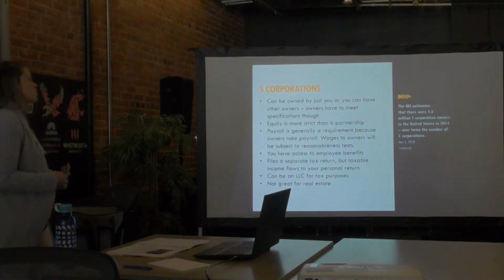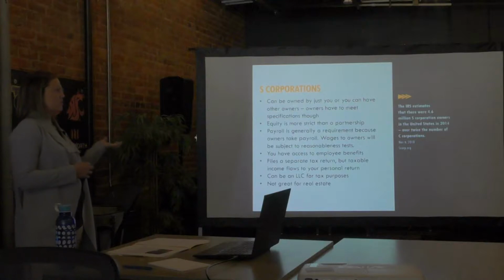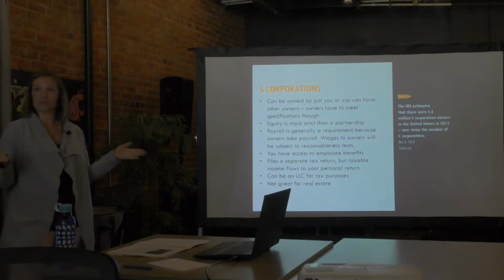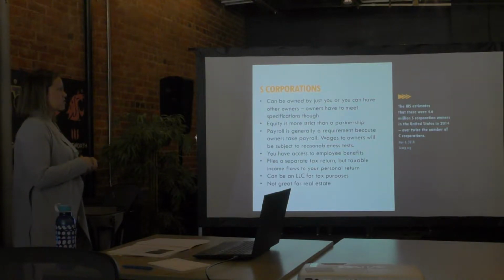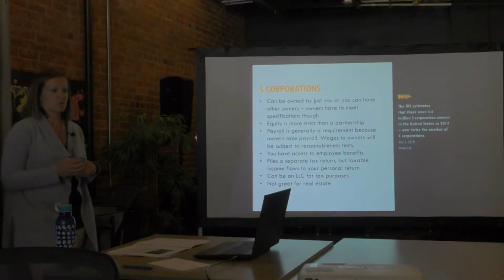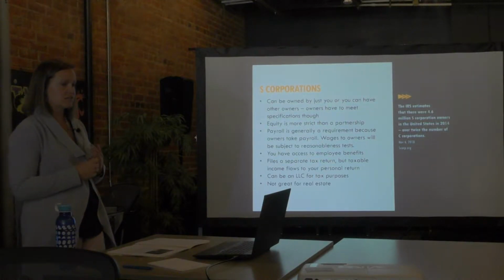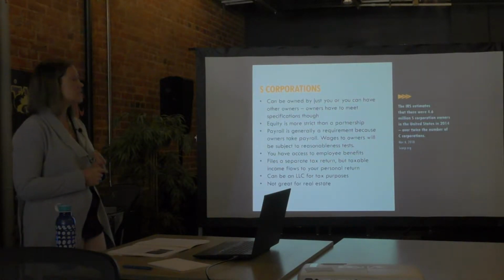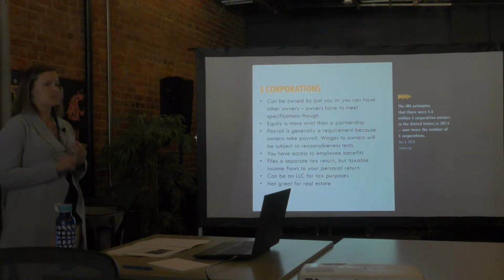Just a smidge on S corps here. So an S corporation is a separate entity, but it can be owned by one person, two people, up to 100 people essentially is the rule on an S corp. There are also very specific people who can be S corp owners: individuals, certain types of trusts, so not every trust, estates, and certain nonprofits. Like I said, you can only have 100 shareholders, and it's one class of stock.